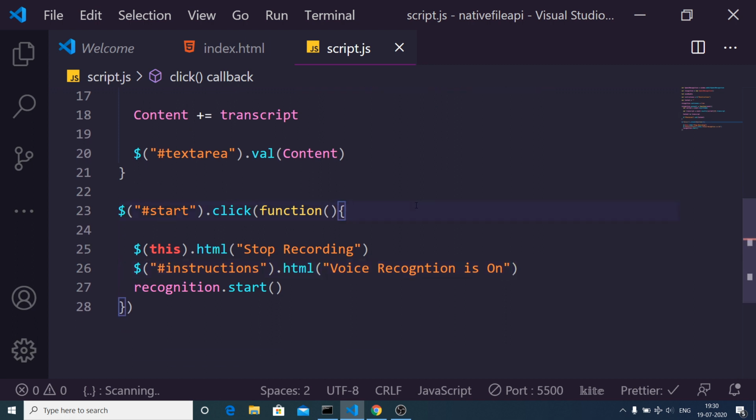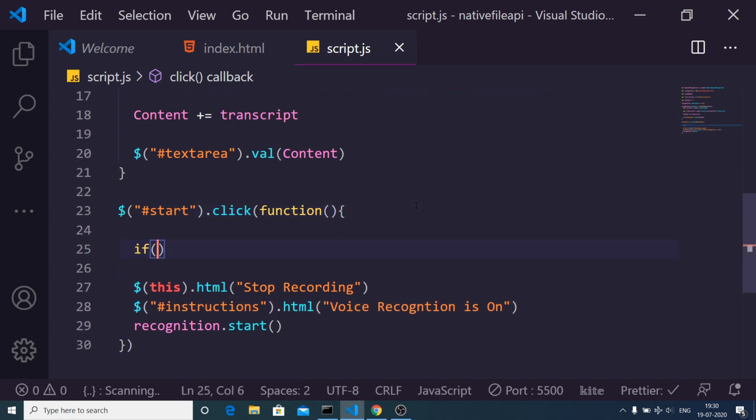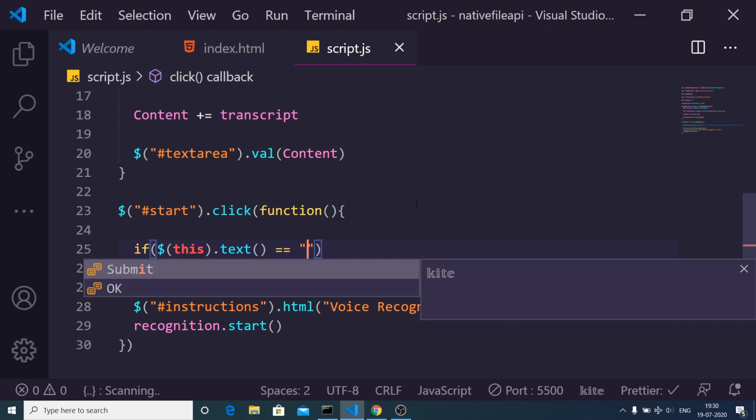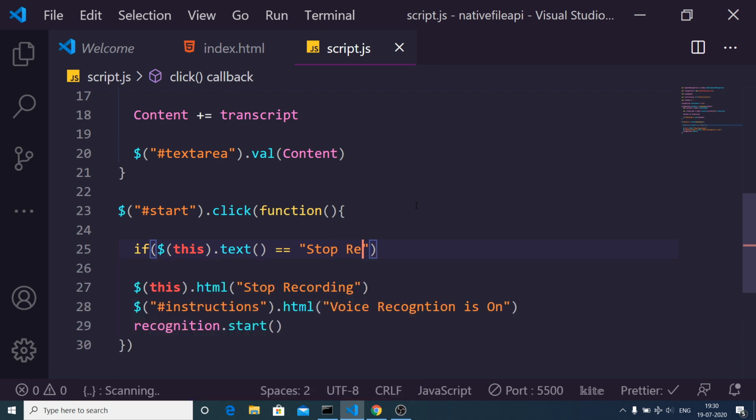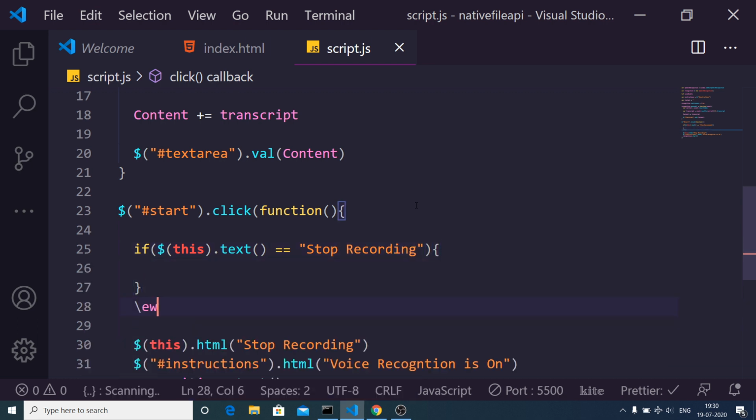Now first of all, when we click the start button, we need to check if the HTML, that is, the label of the button, is equal to, this is a method here, we need to check first of all if it is equal to stop recording. In that case, we can just make it inside the else block.